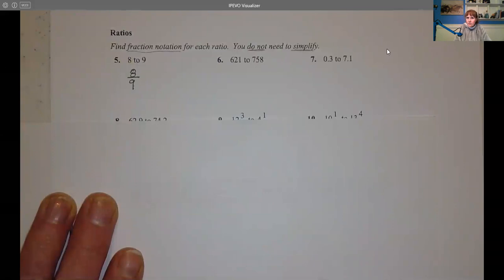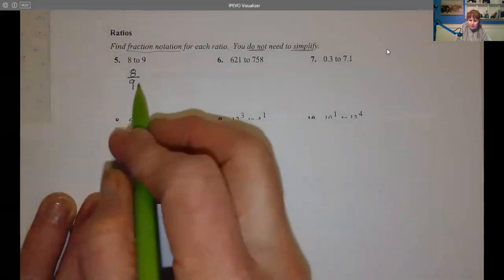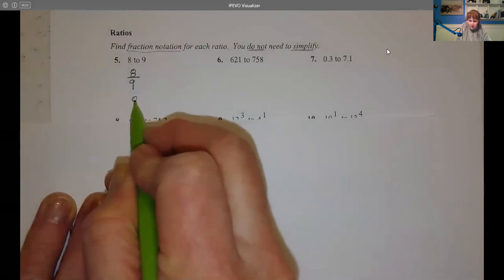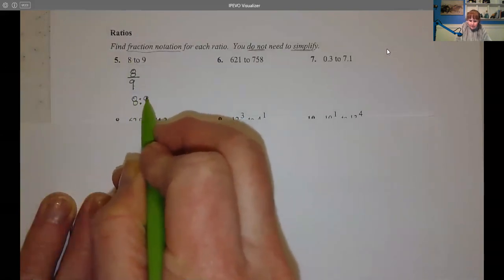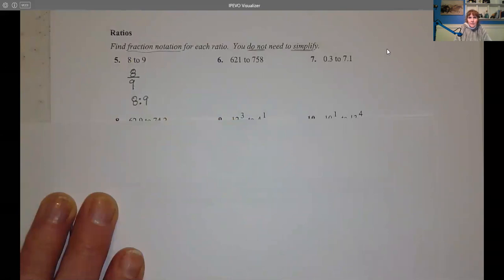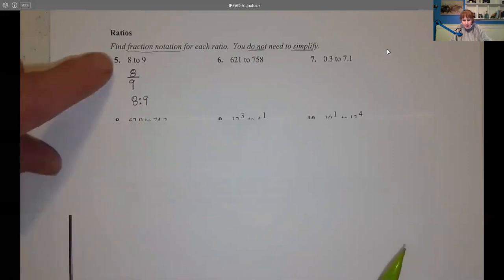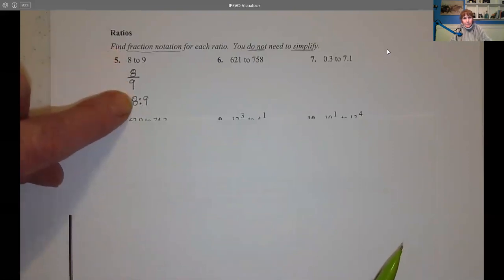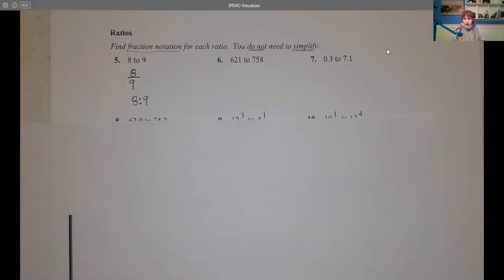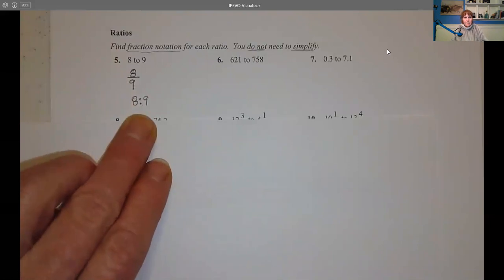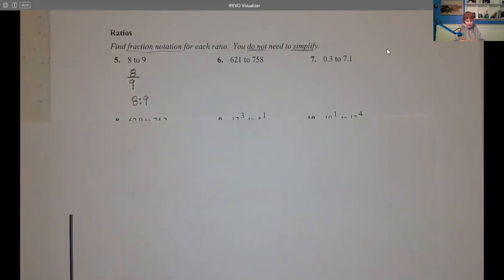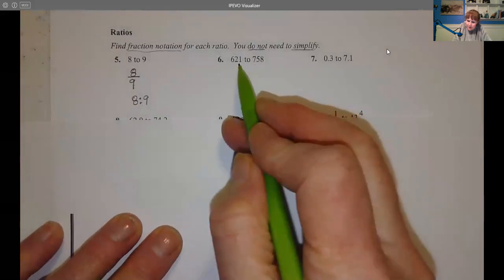Now, I told you there's other notations that they're not asking for right now, but I wanted you to be familiar with it. You can also write it like this, with this colon mark, that means this is read 8 to 9. So these all mean the same thing. In this case, they wanted 8 to 9 as an answer as far as a fraction, but just be aware that it can be written like this. Every once in a while, I'll throw that in just to remind you. All right, now this one right here,